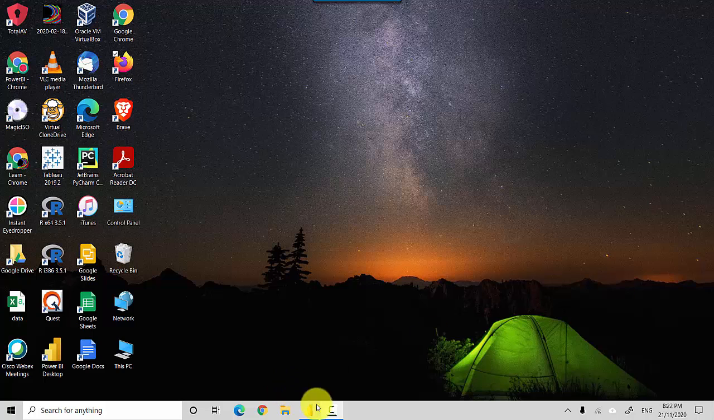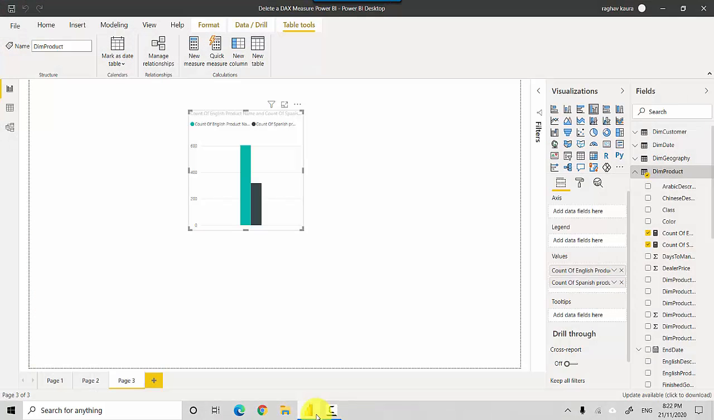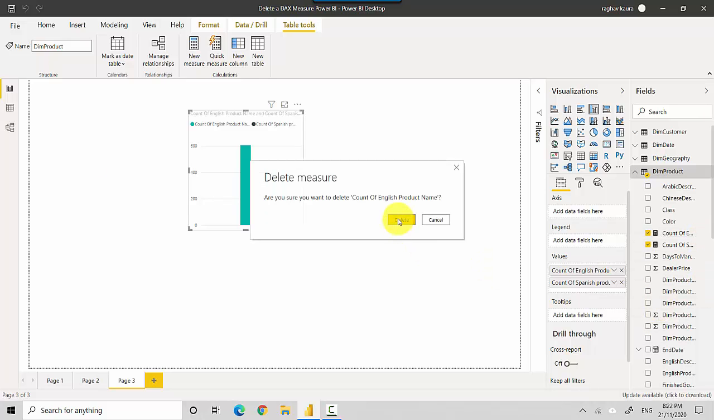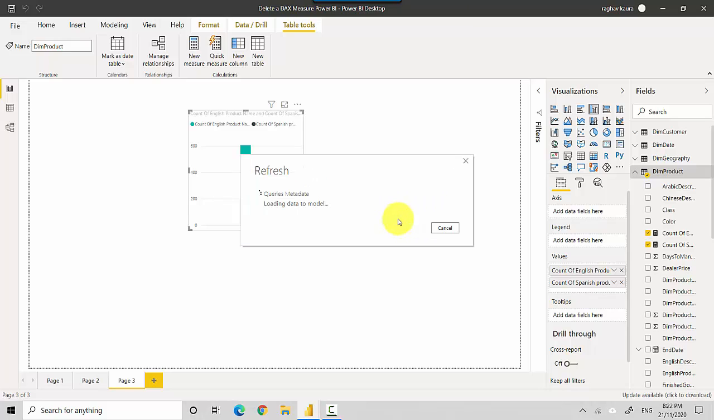So let's start. Let's say you've created a DAX measure in Power BI and you decide to delete it. I've got this visual here just to show what will happen when we delete a measure. On the right hand side you can see the two measures which are used by this. If I go onto these three dots and click on them, it gives me the option to delete. So I go ahead and delete one, and